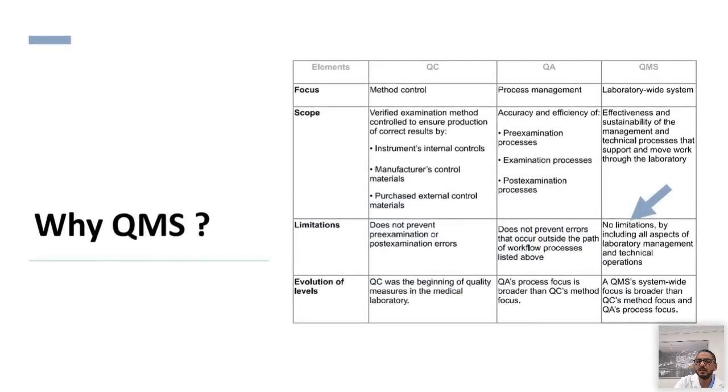So historically, and earlier I just mentioned the evolution of quality within the laboratory. As you can see, there are certain elements summarized in this table, starting from quality control, quality assurance, and quality management system. Let's look at them one by one and see how they are serving and what their limitations are, and why we really prefer to have a good standing quality management system. So the first model is the